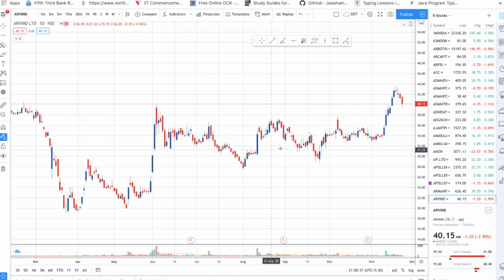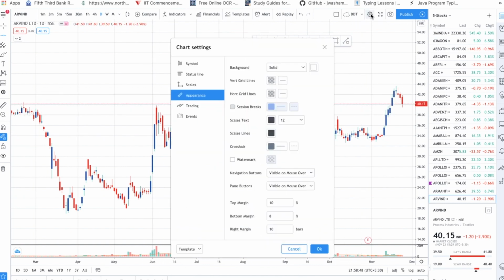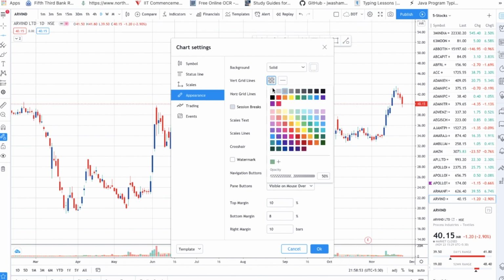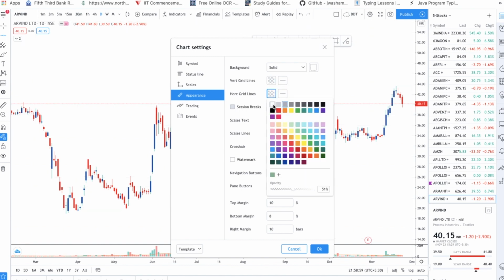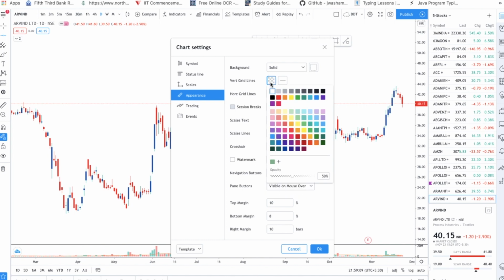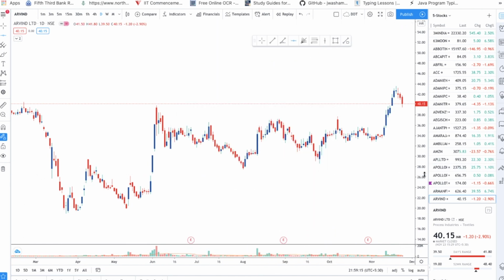Now I will show you one thing, how to clean these grids. Sometimes it's not feeling well and there is no watermark, so you have to go to the settings and use it. Just go here, click on this, select white color, or the same color is also fine if you want to use it, and here also select white color. You can see what is happening at the background. If you see this, and here also click this one, and now click OK. See, now you are not able to see those grids, right?